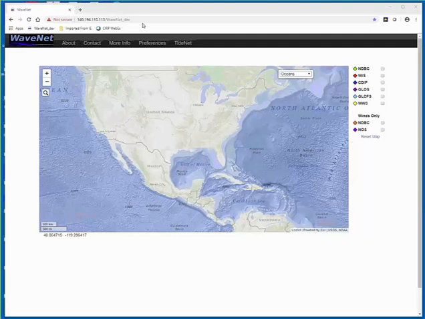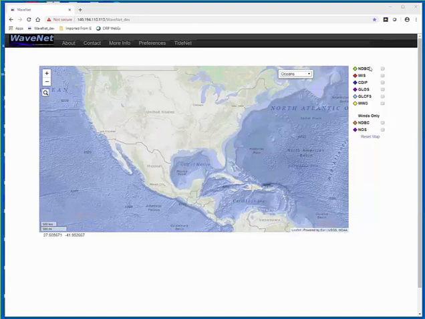Okay. Let's start with WaveNet. As you can see on the right-hand side, the data sources include NDBC, WIS, CDIP, GLOS, GLCFS, WaveWatch 3. And the two at the bottom, basically WINS only, were not available in the previous versions of WaveNet TideNet. Those are new features. There we provide WINS also from two different sources, NDBC and NOS. Okay? These were added based on the users' requests and suggestions.